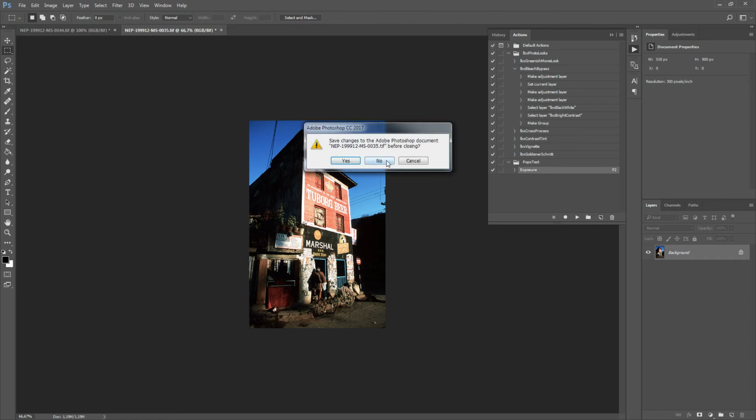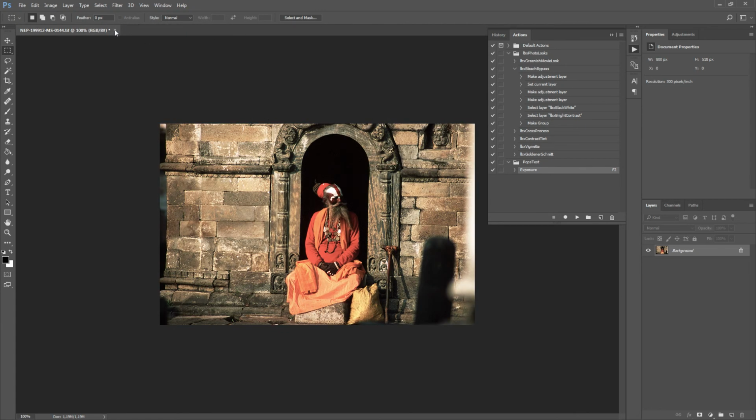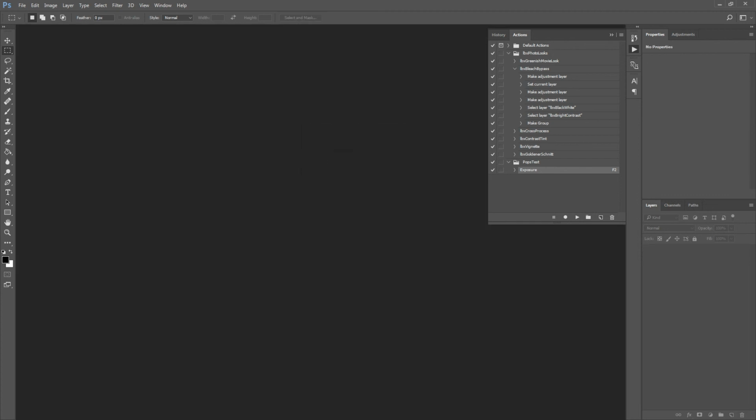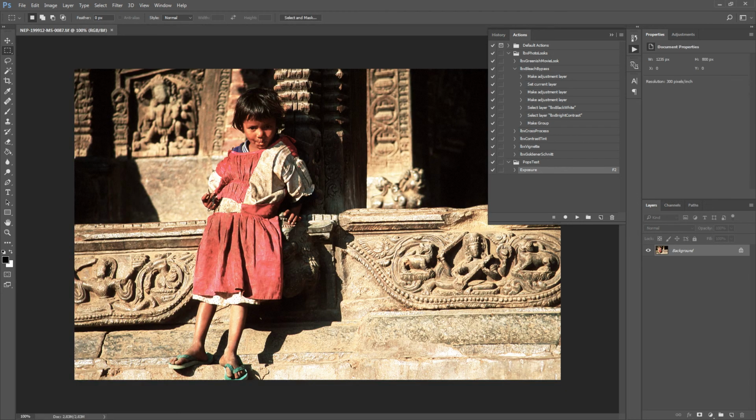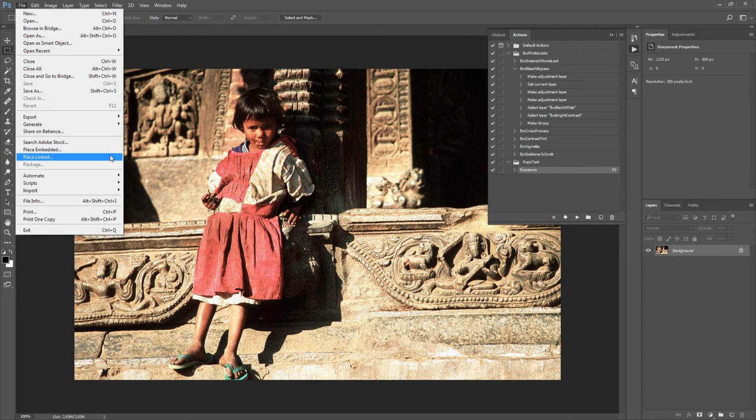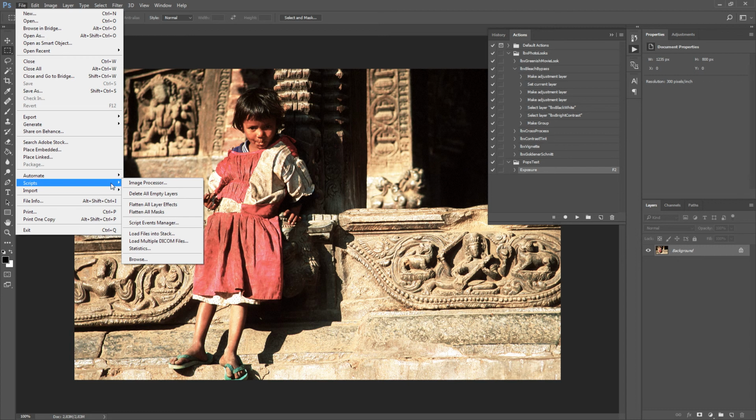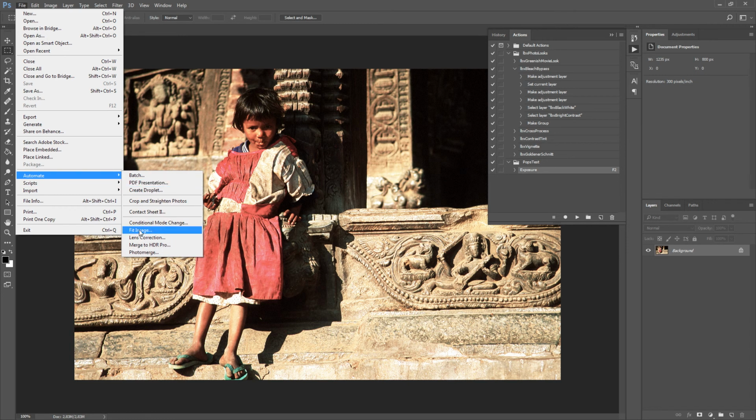There's a really easy solution for that, and I will show you. Let me just go back and open another image. Let's say this one here, for example. In the File menu, there is, if I only find it, an option Fit Image. And Fit Image is the one thing you need to learn and use for resizing images in a batch process. This is the one that you want to use,